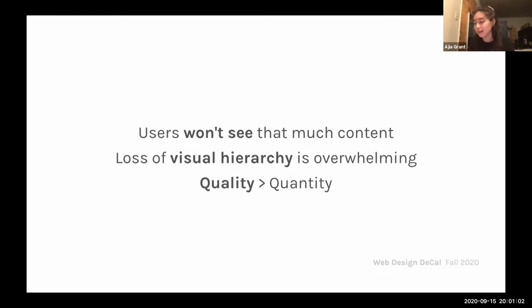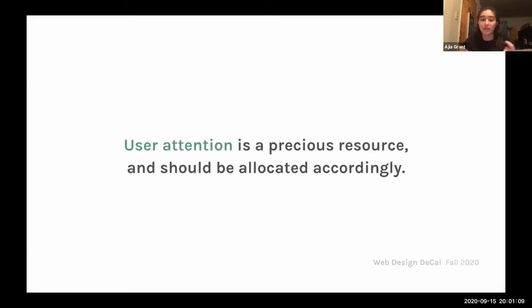You don't know what's important, and you lose information by not being able to understand all that. So user attention is a precious resource, and you should be allocating it accordingly. You want to make sure that the main things you want to get across with your website, whether this is a branding goal or whatever, are the main focus, and the main use is also the main focus.